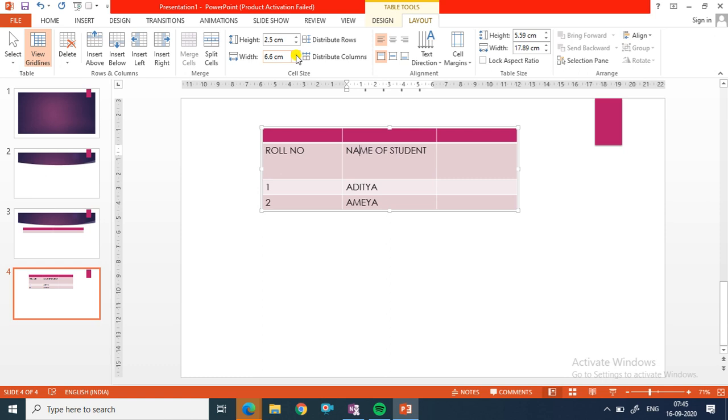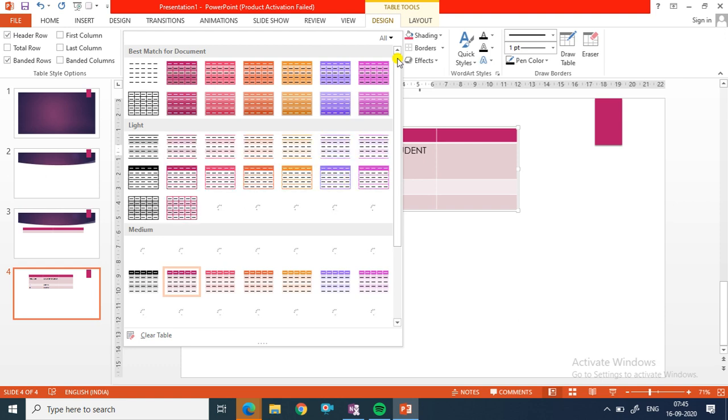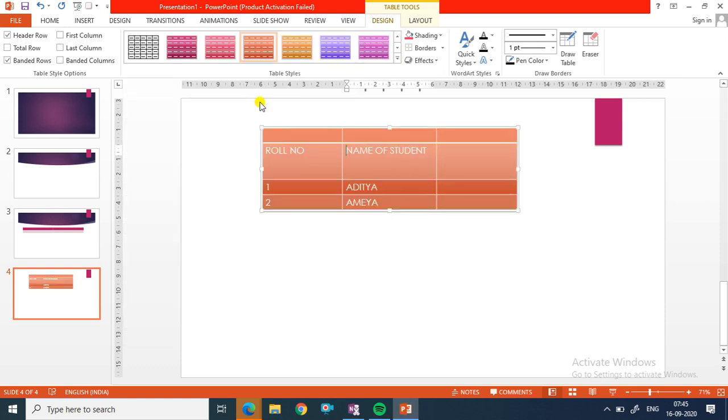Now let us see how to change the table style. For that, click on Design tab. Fine. So many styles are available. Just click on that drop down menu and select as per your choice. This. Fine. Now let us see how to change the table shading. Now many styles are available in the table style group of the design tab.